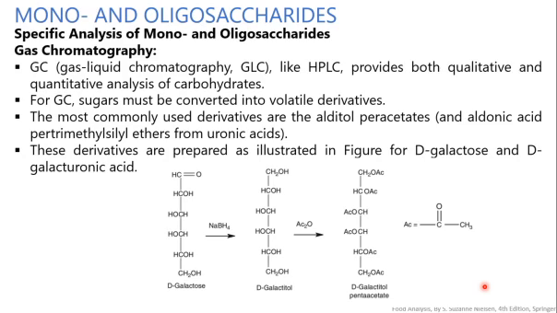So the most commonly used derivatives are the alditol peracetates from aldonic acid, and per-trimethylsilyl ethers from the uronic acid. So these derivatives are prepared as in the figure, such as whenever we are using D-galactose. This particular D-galactose undergoes reduction with NaBH4. So what is happening here? The NaBH4 will cause reduction of this aldehyde into alcohol. And whenever such reduction takes place,